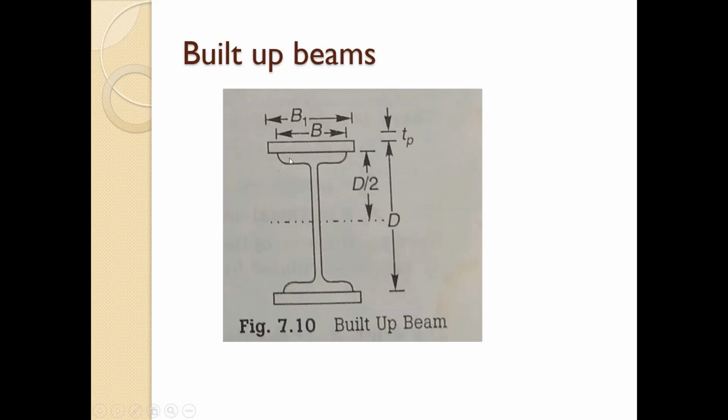So this is the built-up beam, in which you can see this is the I section, and these are the plates that have been attached to this I section, and by using this we have prepared the built-up beam. The design of the built-up beam is a trial and error procedure. A suitable I section is chosen and then the remaining modulus of section required is provided by the plates. The plates are attached to the compression and tension flanges of the beam section. The compound section is then checked for bending stress in compression as well as in tension.